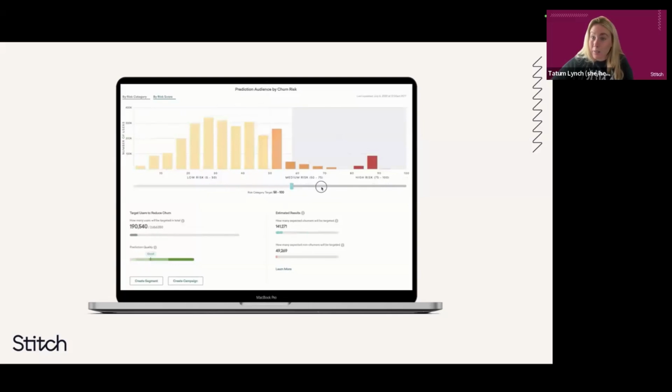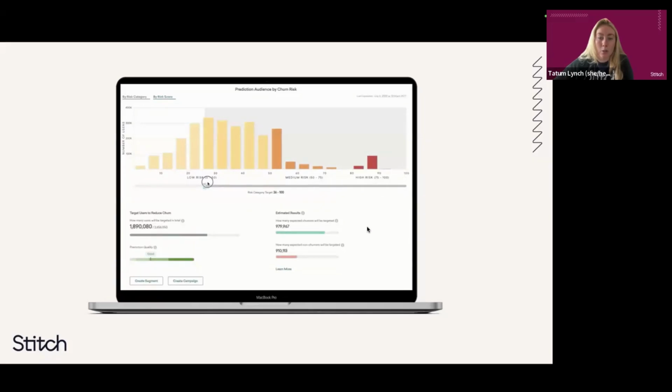Are you looking at an event that maybe people don't perform as often, so the model doesn't have enough data? There are a few things that you can do to manipulate and make sure you're building a solid model. And then these estimated results, of course, always with everything with AI, right? Nothing is always perfect. So Braze is, of course, transparent with that and just wants you to know exactly how